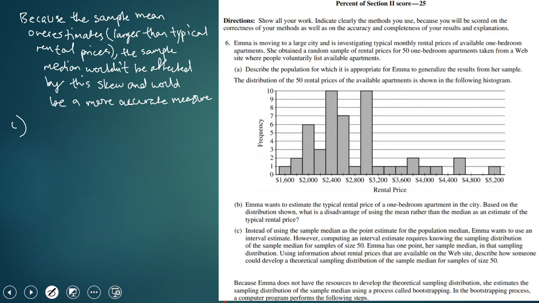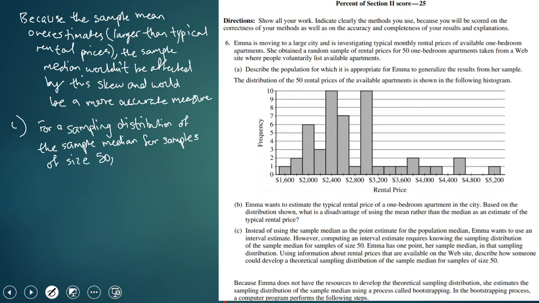Well, for a distribution, I should probably use the same terminology that they use, so I apologize, but I'm going to use the word sample a ton of times. For a sampling distribution of the sample median, for samples of size 50, Emma can take every possible sample of 50 one-bedroom apartments